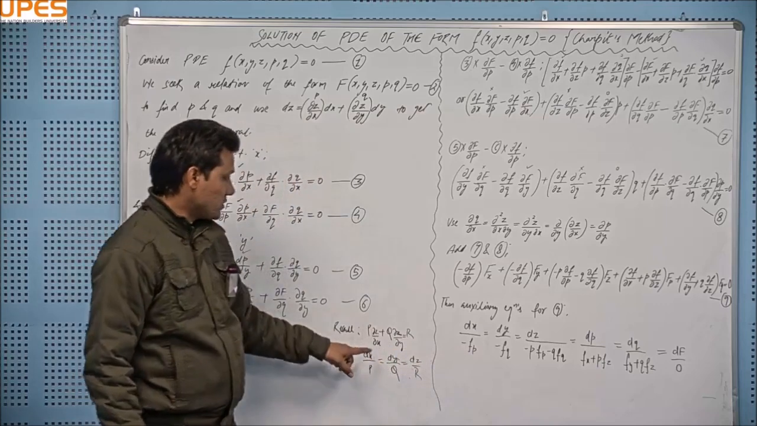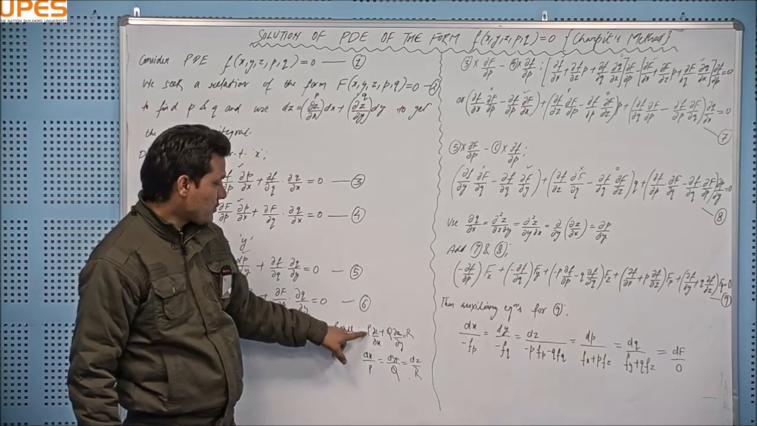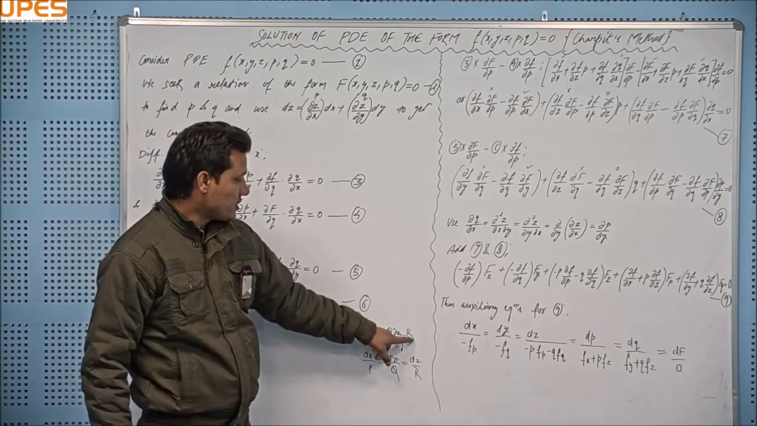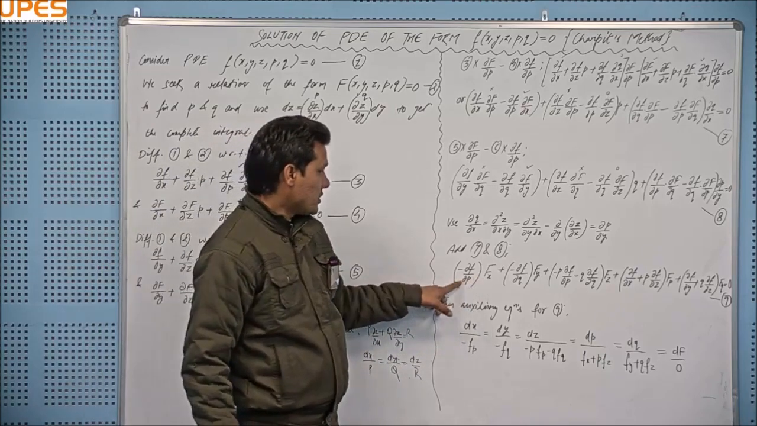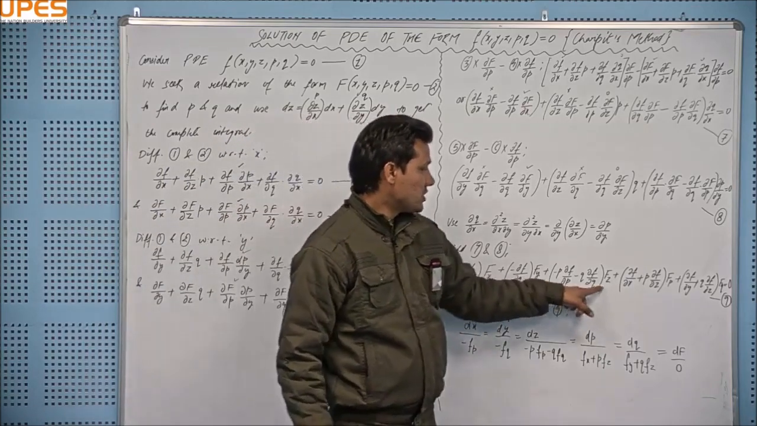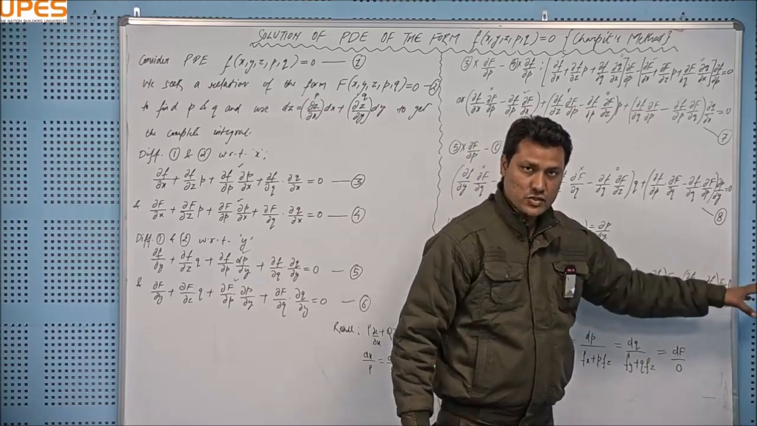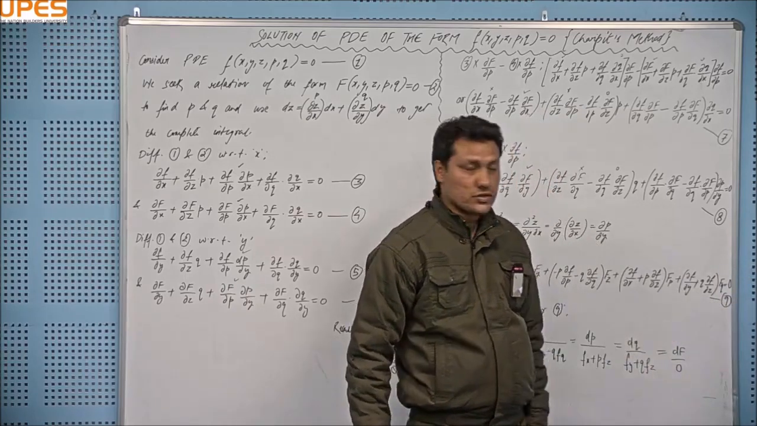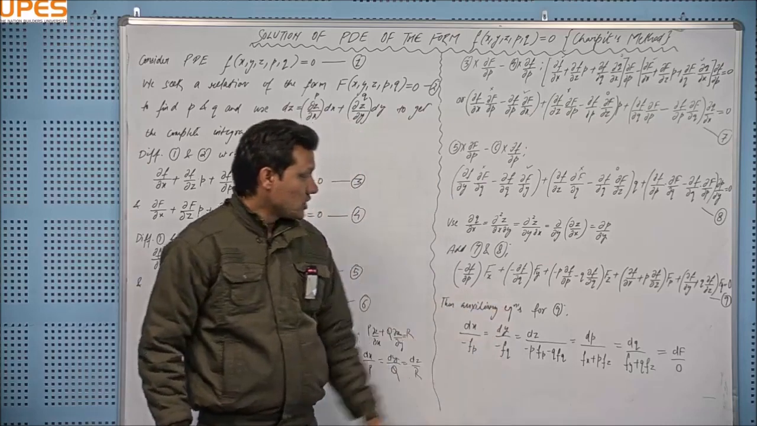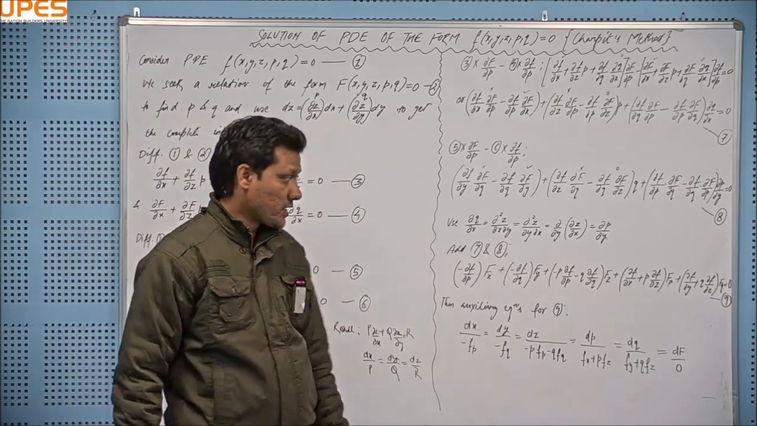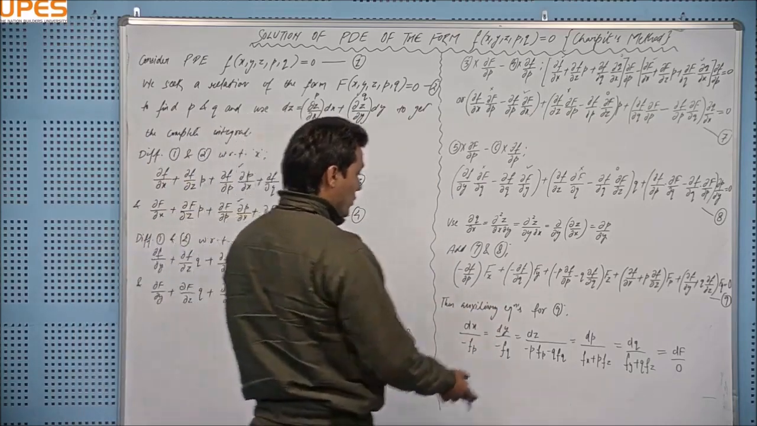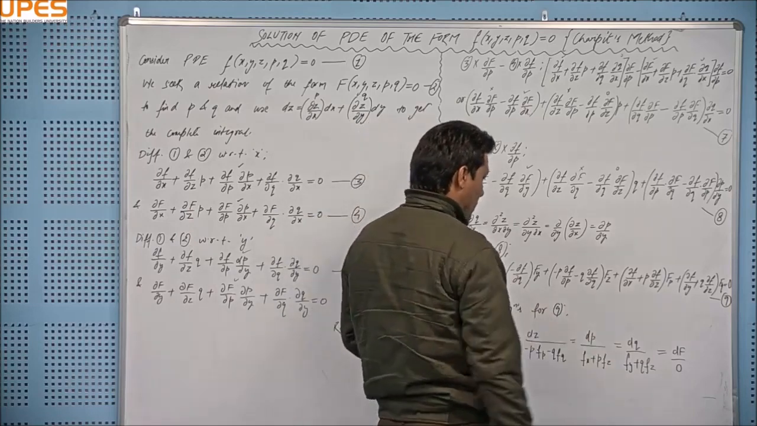It is easy to see. This is dx upon this, dx upon p, dy upon q, and dz upon this r. So dx upon this, dy upon this ratio, dz upon this ratio, dp upon this ratio, dq upon this ratio, and the right hand side is 0, means capital R is 0, so dF upon 0, right? This is called Charpit's auxiliary equation, and we will be using these equations in order to obtain p and